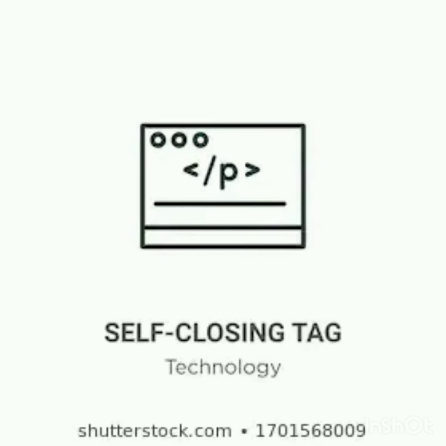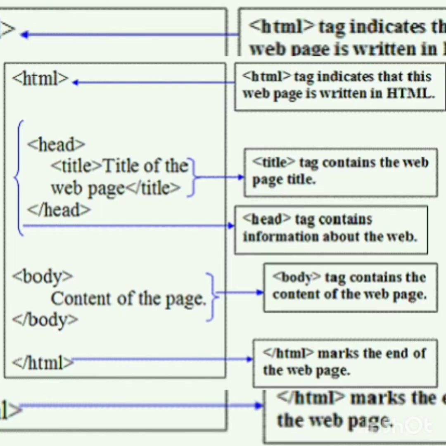So how to close a tag? See, in the picture you see, normally you know what a tag is. Any character enclosed inside the angle brackets, you call it a tag. But here you have a slash symbol in front of p, that is called a closing tag. Say for example, if you wanted to close an HTML tag, how would you do it? Inside the angle brackets you'll have a slash symbol, and then you'll have HTML, which says that it is a closing tag of HTML. So the order of the closing tags will be the reverse order, the most recent tag you have used first.